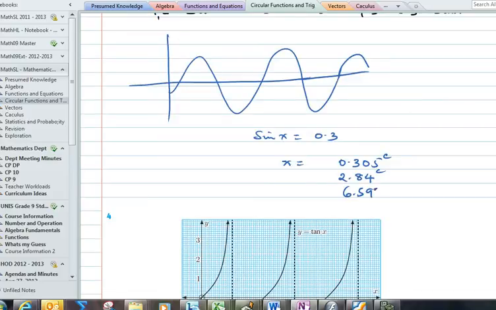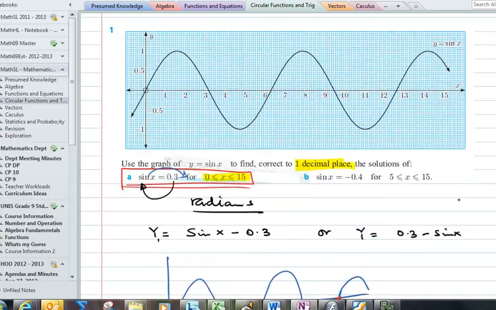And you can continue and produce all of these results. There will be 1, 2, 3, 4, 5 of them. So there will be 5 solutions. That's the key thing to this, and they will all lie between this value 0